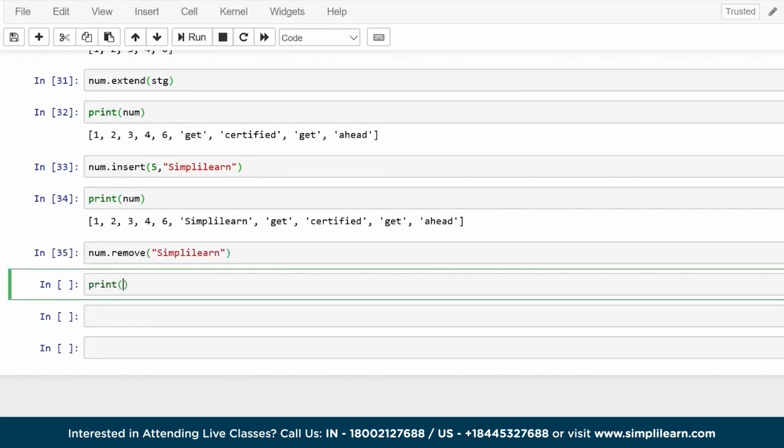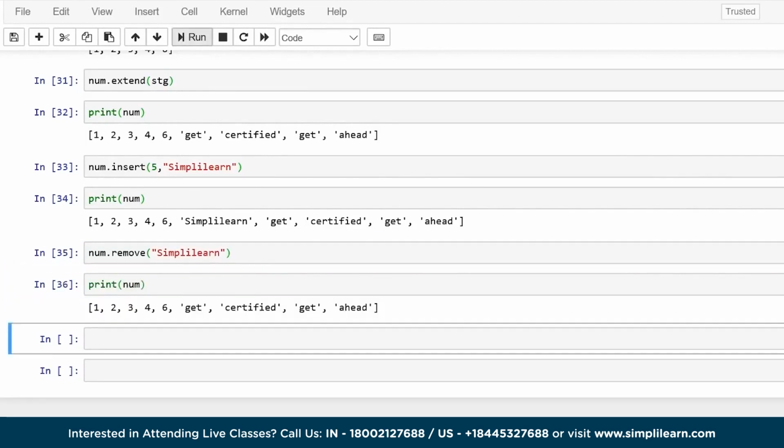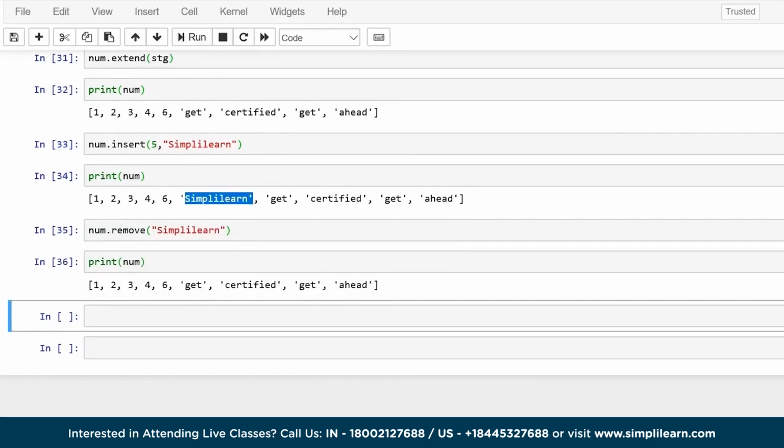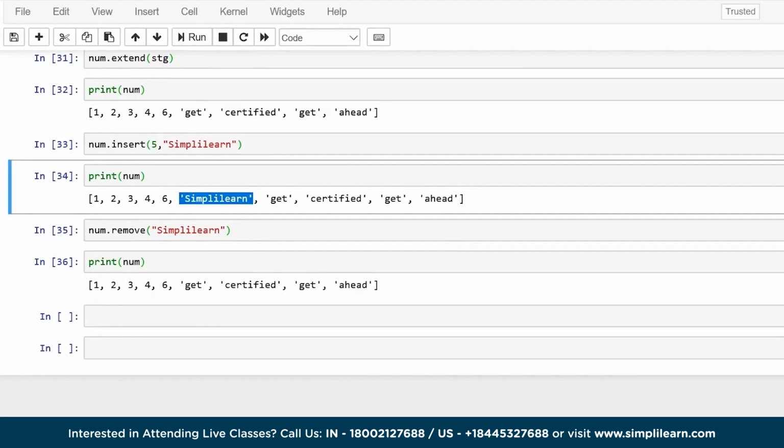Let's now see what num holds. So as you can see, Simplilearn has been removed. Now, if there were two occurrences of Simplilearn, one here and maybe one after "ahead", only this word would be removed and not the one later on, because it removes only the first occurrence of that particular word or